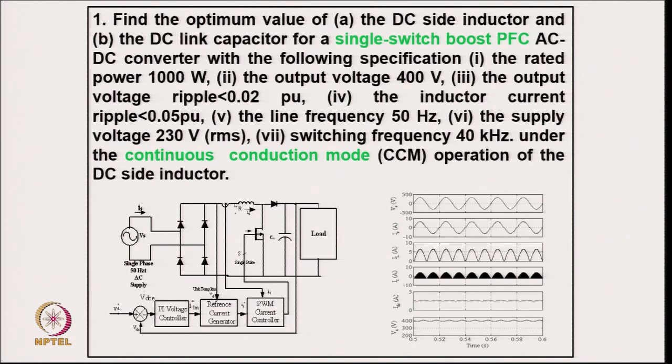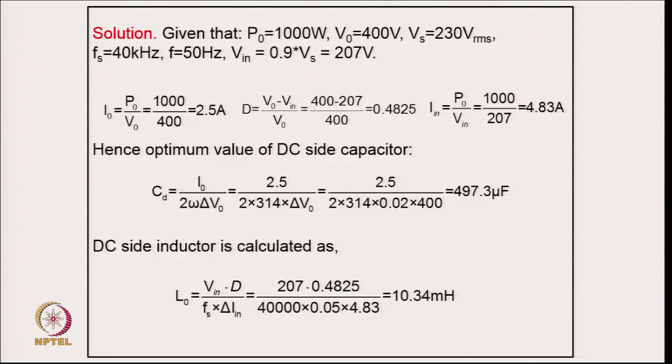This is the typical circuit with power control with the CCM, and after designing and developing the model of control with the data, these are the waveforms: supply voltage, supply current, this is the inductor current, and this is the DC link voltage, and this is the capacitor current which is going into the capacitor, ripple current going into that. This is virtually the load current, and this is the output voltage. So, based on this we have the numerical part, given that the power is 1000 watt,